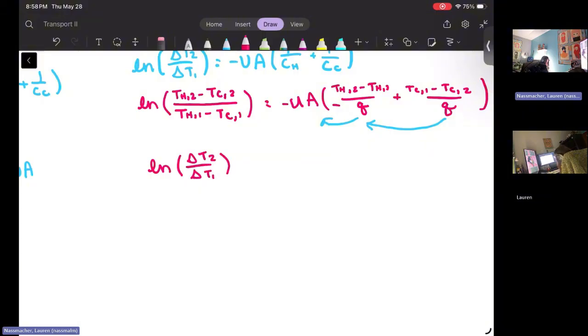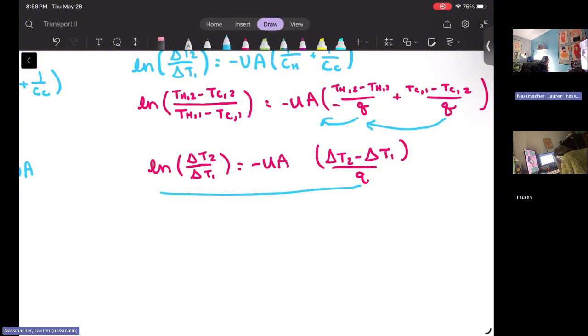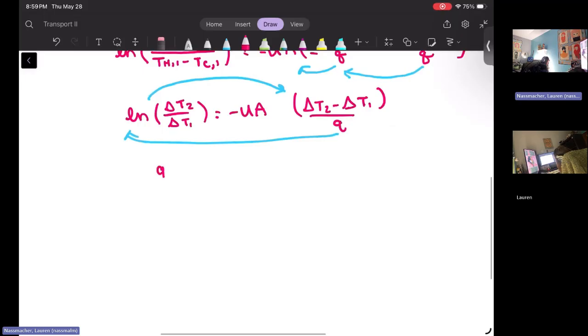And that's going to be equal to our universal constant, Q, multiplied by change in temperature 2 minus change in temperature 1. You can also put that over Q instead of taking it out of the parentheses. Either way, we're looking for our heat exchange rate, which is this Q. So we multiply that over and divide by this. This is the log mean difference. So we divide by that log mean difference to get our final heat exchange rate, which is equal to negative universal